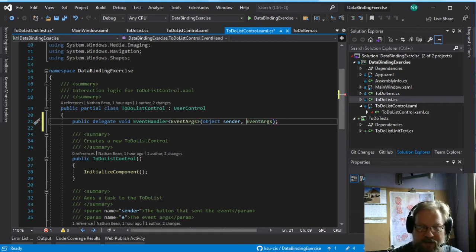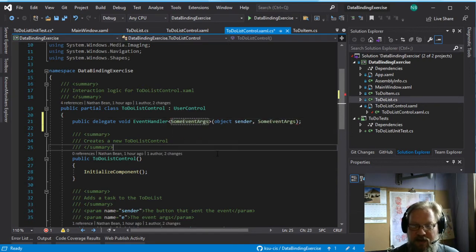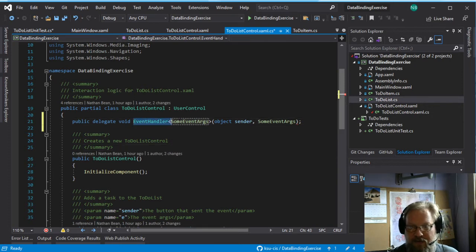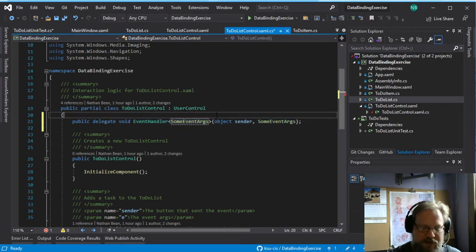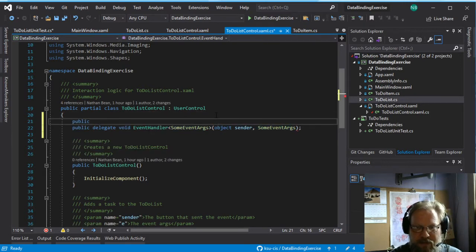So this probably takes some event args. Whatever those event args were, that was what actually defined what made this event different from other events. So instead of having a custom name, we would just have a templated event handler, and the custom name was really passed on to the event args. So this is kind of the new way of doing it, whereas the old way was more public delegate